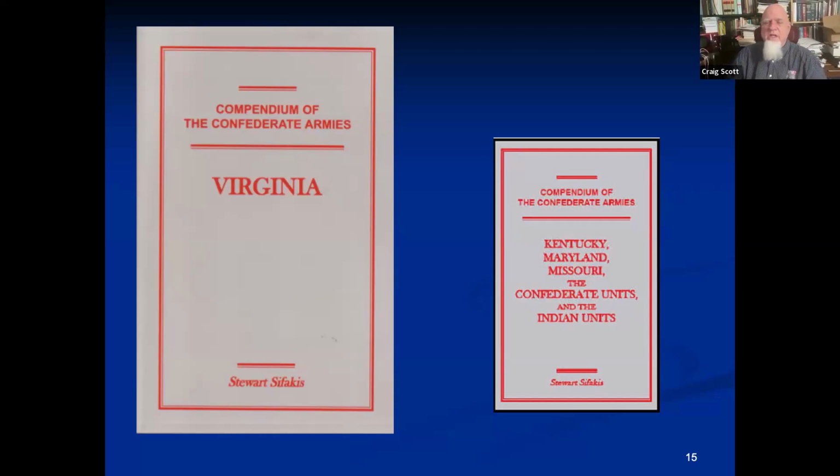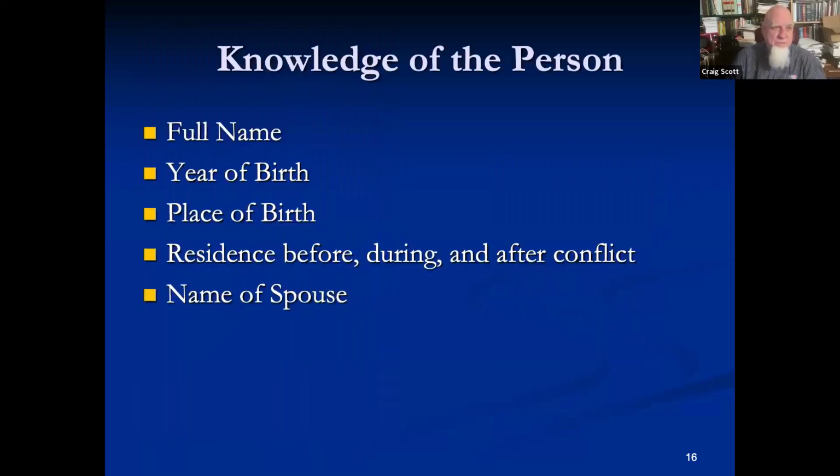So what do we need to know in order to research properly? Well, we need to have their full name. We need to have their year of birth so we have some concept of their age. It would help to know where they're born because there are many records that have place of birth in them. We want to know where they were before because we want to do census research before the war. We want to know where they are during the war, just in case they want to go home on furlough. And we want to know where they are after the conflict, because largely for pensions, or in the case of Union folk,